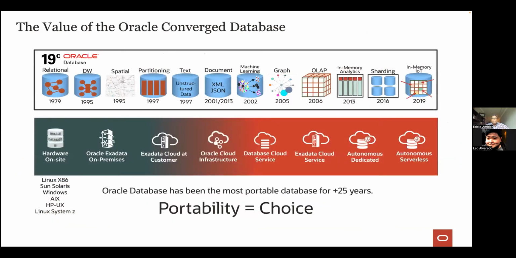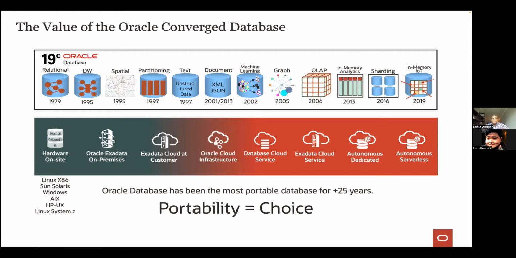As I was discussing, the Oracle database is considered a converged database. It is made up of many data models and data types pre-integrated for you, so that you have less time worrying about managing multiple databases, and you can focus your time on your applications. It's the same Oracle binaries, whether we deploy it on premise, on commodity hardware, as you can see on the bottom graph, or in the public cloud, or in our cloud at customer, or on IaaS in our cloud, or you take advantage of one of our other cloud offerings, such as the Database Cloud Service on VM, or the Exadata Cloud Service in public cloud, and as I mentioned, all the way out to the fully managed